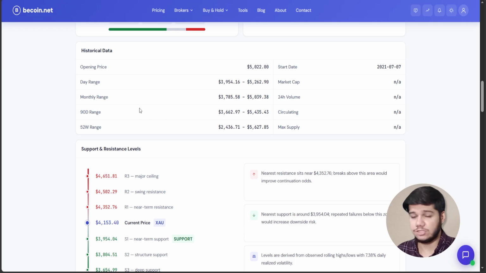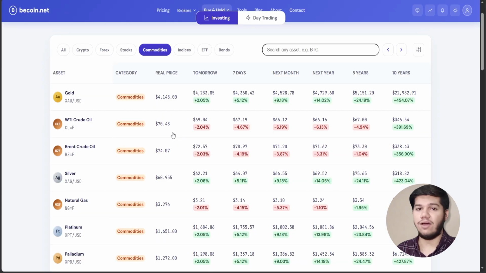And if you are a monthly trader or weekly trader, go for this range. Similarly, if you are a swing trader or positional trader, go for these ranges. You can find everything listed right here. AI will do the heavy lifting for you, so you don't have to put in all the other effort. You just have to focus on your strategy by using these kinds of signals.